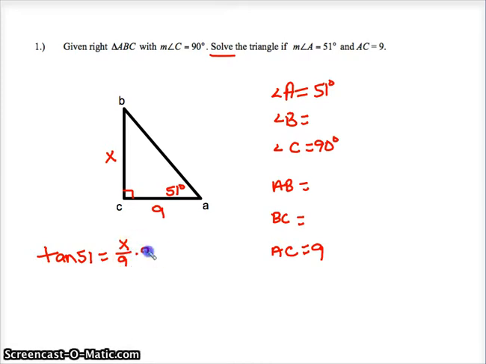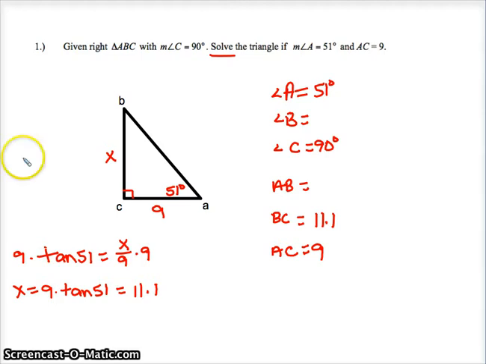To solve, I need to multiply both sides by 9. So x will equal 9 times the tangent of 51. Go ahead and put that in your calculator: 9 times the tangent of 51. And we get about 11.1. Great, so BC is 11.1. Now at this point, I could use the Pythagorean theorem, but we're having so much fun learning about trig